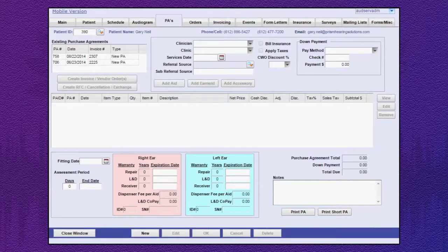Welcome to Training Session 2, Lesson Number 1, Creating a Purchase Agreement. The Purchase Agreement window is used to enter and edit purchase agreements. It includes some helpful features that lead to quick and easy entry, as well as to automatically create patient invoices